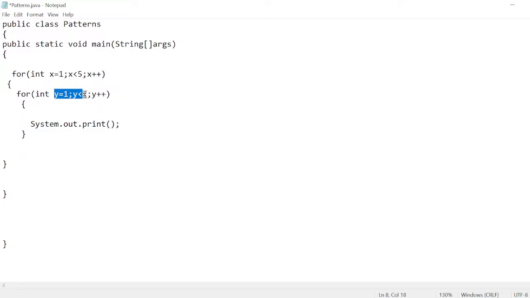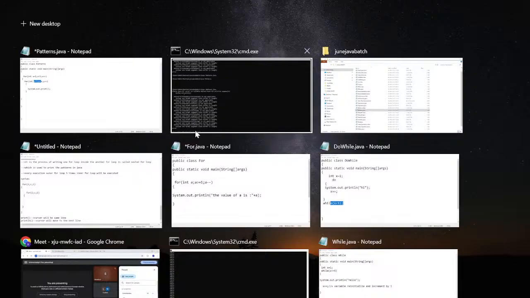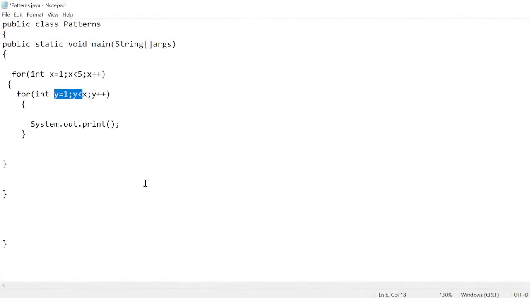y less than or equal to x. y should be less than or equal to x. So y less than or equal to x, in the second for loop. y less than or equal to x. It will print, sir, value 1 and then